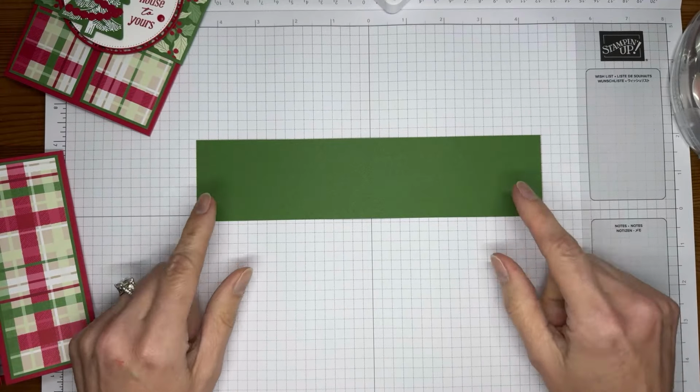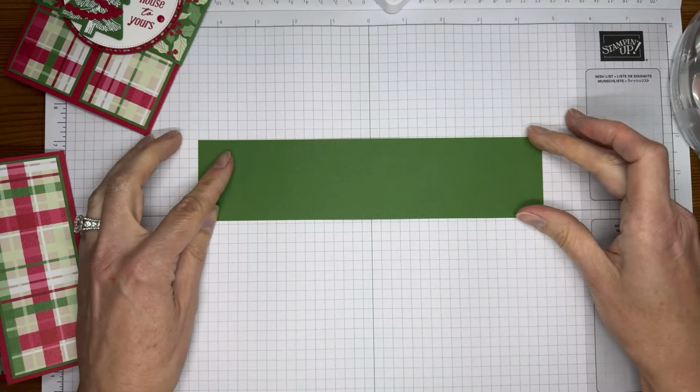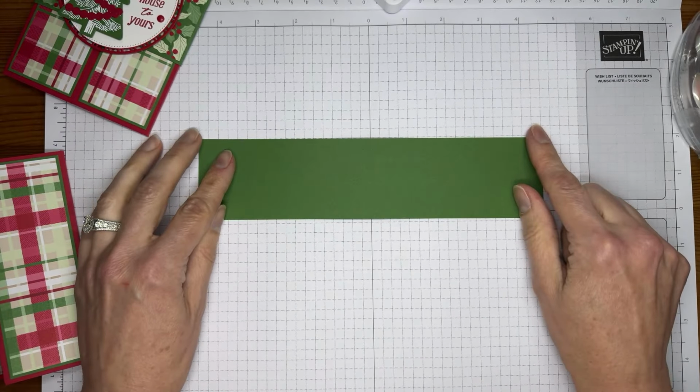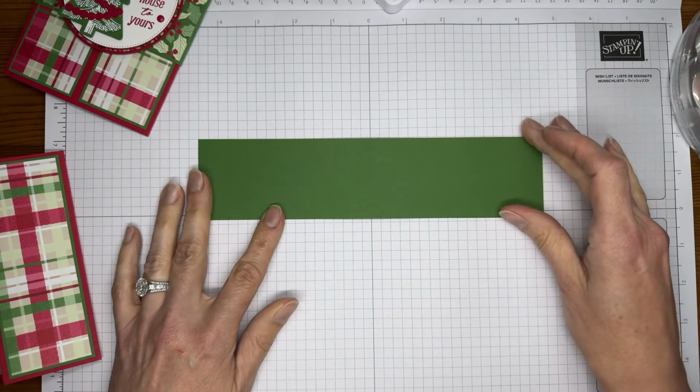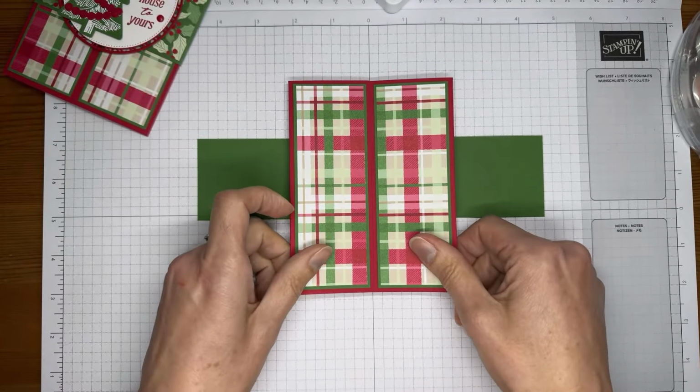So I've got this here, and I generally want to line it up with a few of my grid lines, just because it'll help me to get it folded a little straighter. It's never going to be perfect. But to make the belly band, what I'm doing is I'm putting